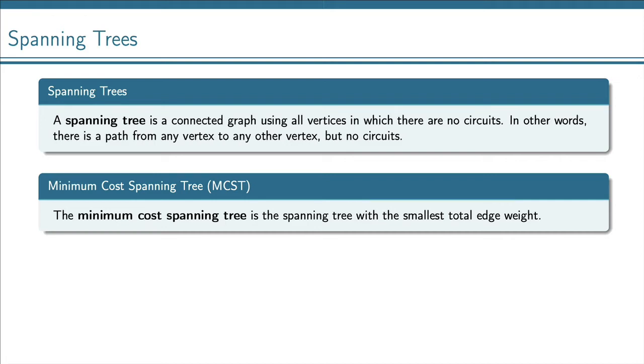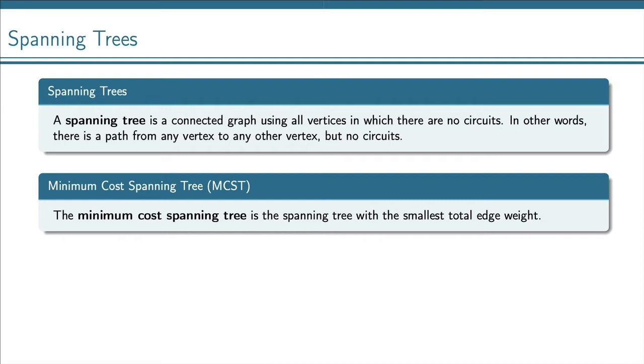Another feature that we'd like to find in graphs is not a circuit, but just what's called a spanning tree. A spanning tree is just a connected graph that touches all of our vertices, but we don't have any circuits. We don't want to include edges that we don't need to in order to connect everything into one piece. So that's what a spanning tree is, and we are going to be interested in the minimum cost spanning tree, which is a spanning tree that has the smallest total edge weight, meaning what's the cheapest way to connect all of our vertices into one whole,